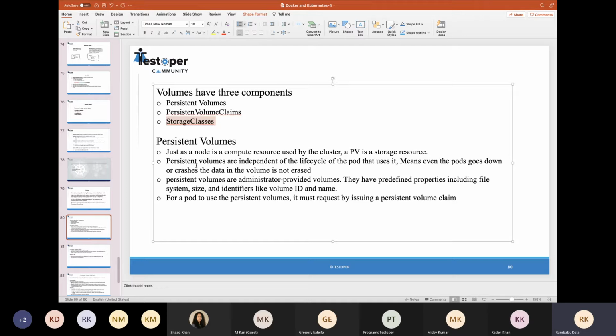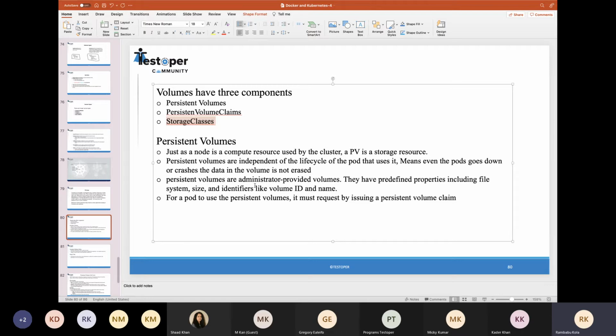Whenever the pod goes down or crashes, all the data is maintained in the volume and is not erased. These are provided by the administrators, and they include simple things like size and identifiers such as labels, volume IDs, and names. All these will be mentioned there. I'll show you what the YAML file of the persistent volume looks like.